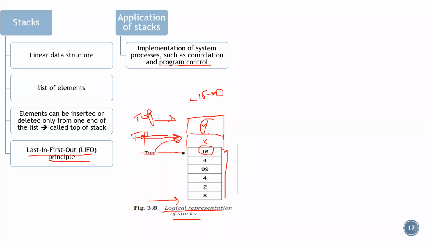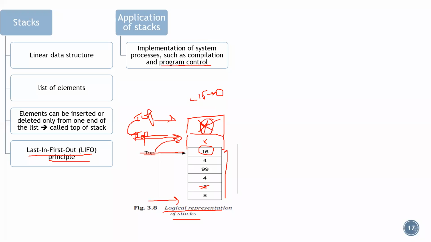In this case, the last element present on the stack was y. We call these push and pop operations. When I want to remove or delete, I remove the last element which was inserted. I cannot remove any in-between element. The principle is last in, first out. So this will be removed and the top pointer will be pointing to this one.